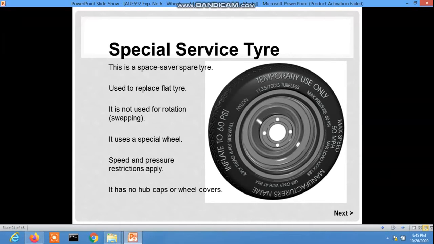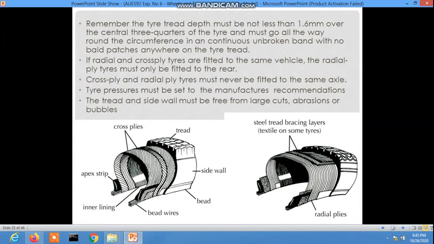Remember, the tire tread depth must be not less than 1.6 mm over the central 3/4 of the tire and must go all the way around the circumference in a continuous unbroken band with no bald patches